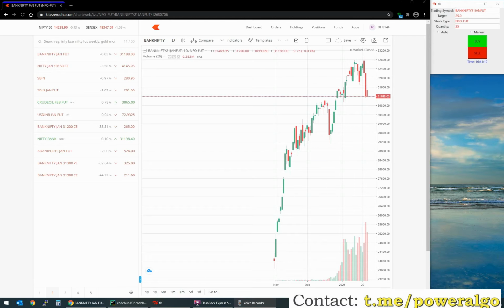Hi everyone. Today I came up with a new tool called a scalping tool. The specialty of this tool is that most users are asking if there is any possibility to place orders directly in Zerodha from the web browser. Most people are using NextTrader or MT4 or getting tied up with